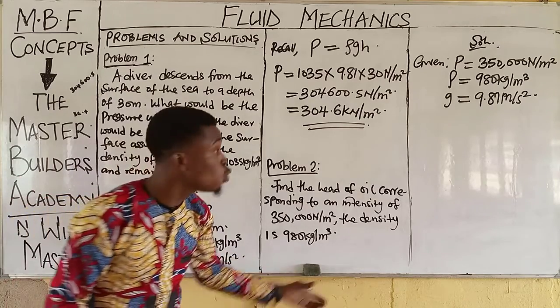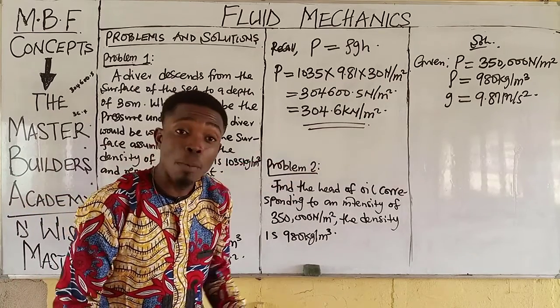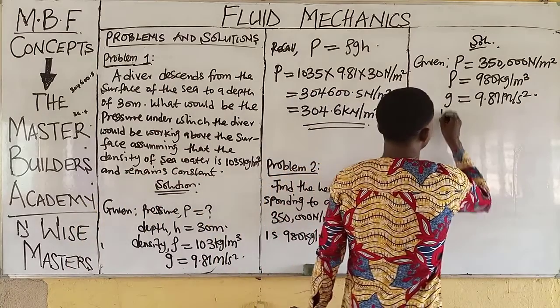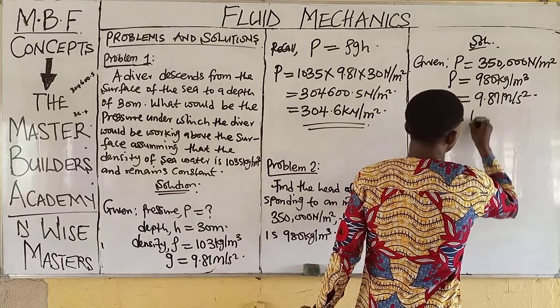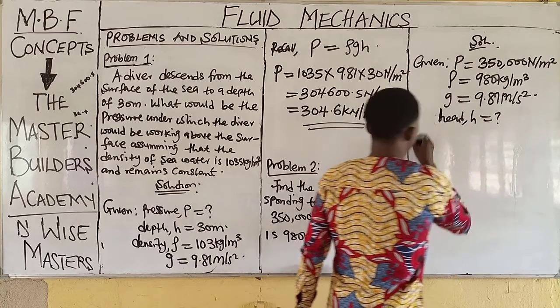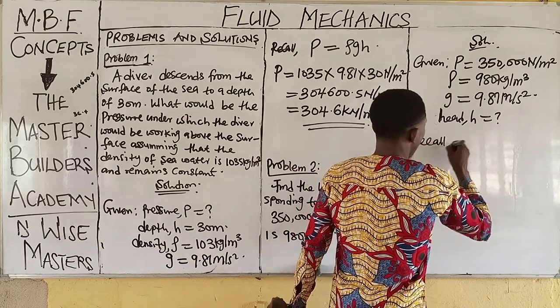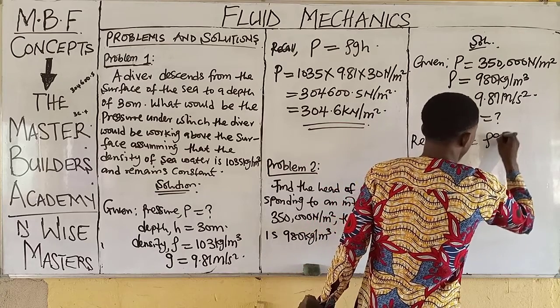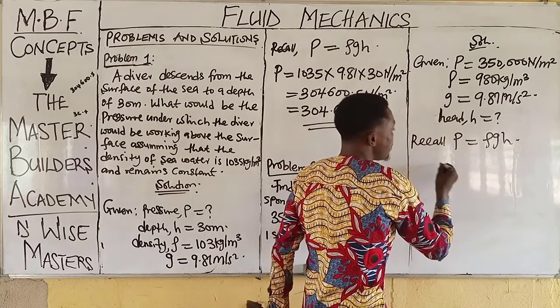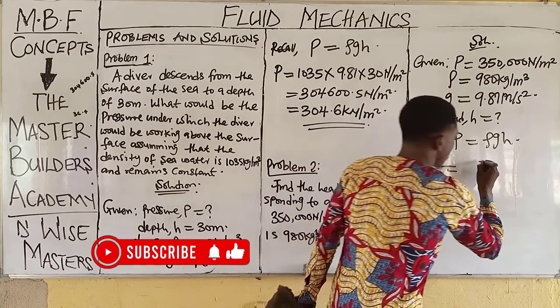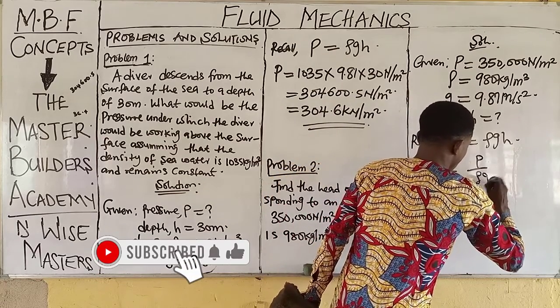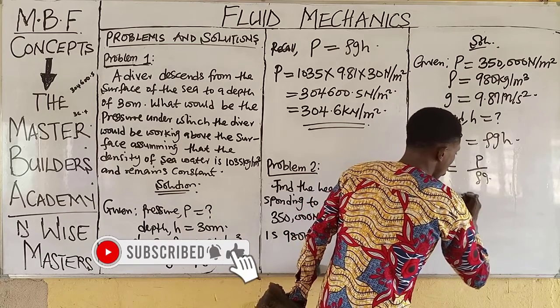All we just need to do is to what? Recall the formula again. Now we know that depth or head, H, is unknown. So recall that pressure is equal to rho G H. Now if I make H the subject of formula, I will divide both sides by rho G. Then this will give me P all over rho G. H would have given us